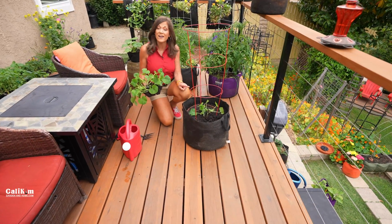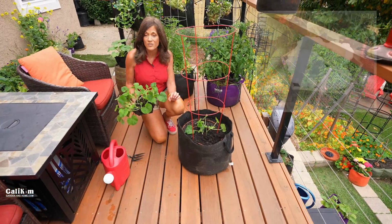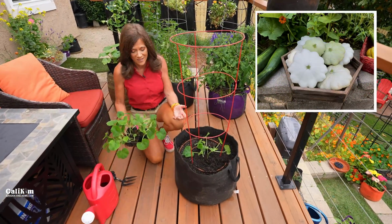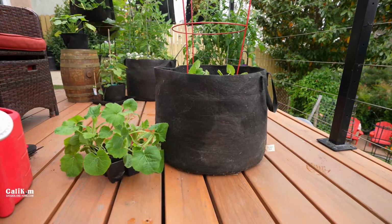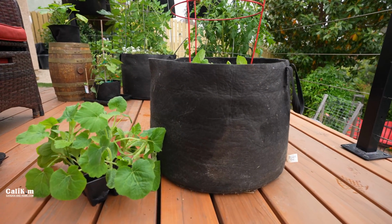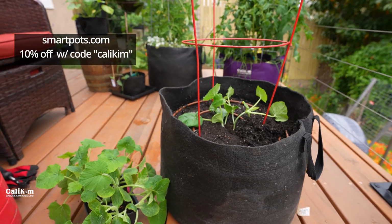Now, the variety I have here in this 15-gallon Smart Pot is a scallop squash. Beautiful scalloped edges. It's from my squash seed collection. And when you're growing in a container, you do want at least a 10-gallon on up to a 20-gallon container. So the 15-gallon black Smart Pots is perfect. So I've got my squash planted here in the middle,